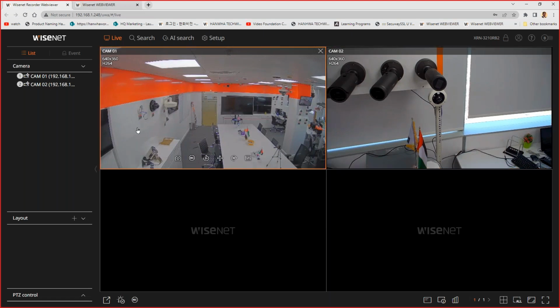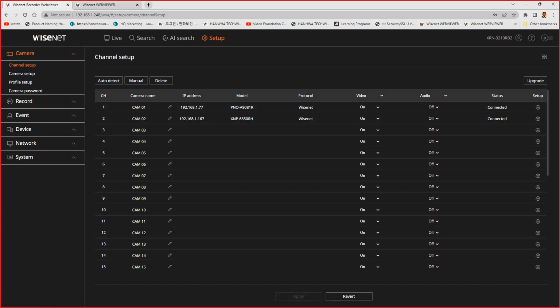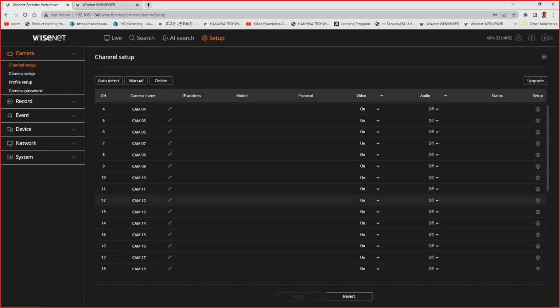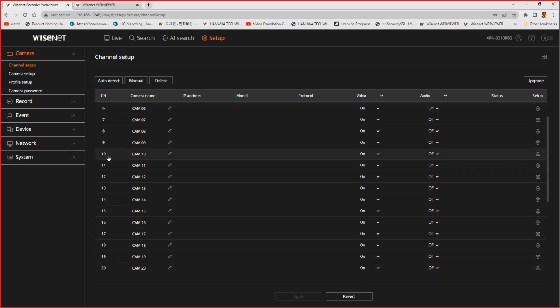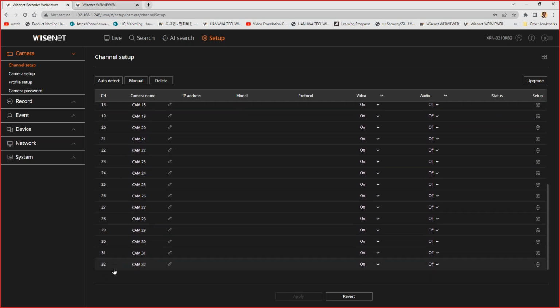That is a VMS. Here is a small NVR or recorder, which is a mini VMS where you can add up to 32 cameras. There are recorders where you can add up to 64 cameras. Then there are recorders where you can add up to 300 cameras, depending on the specification of the recording unit,